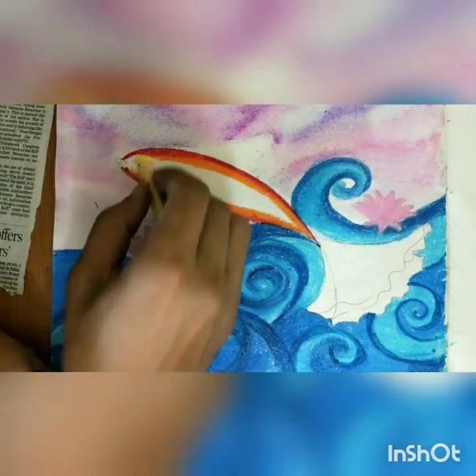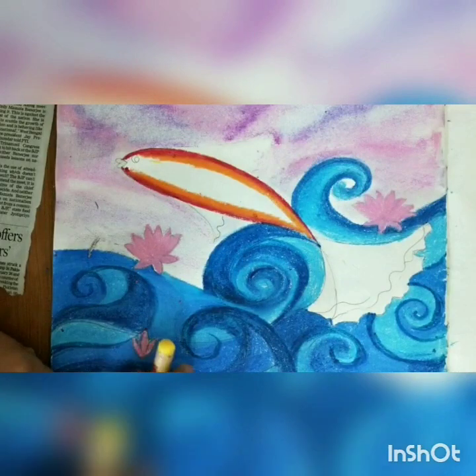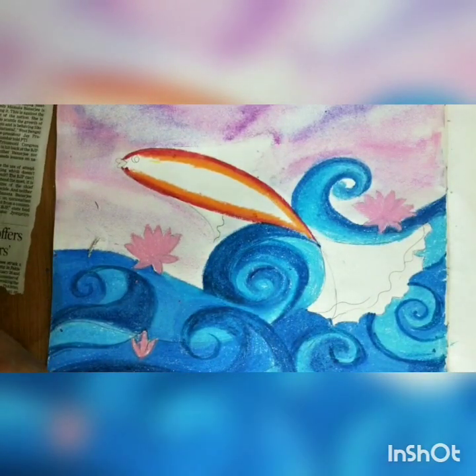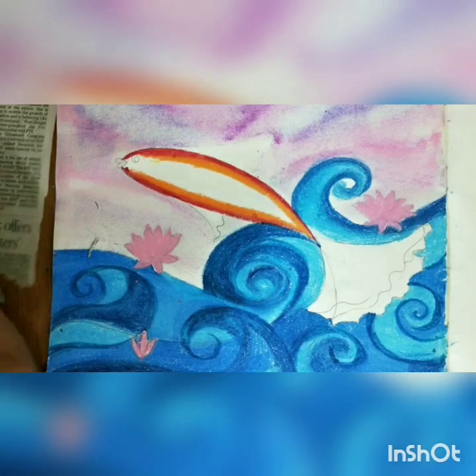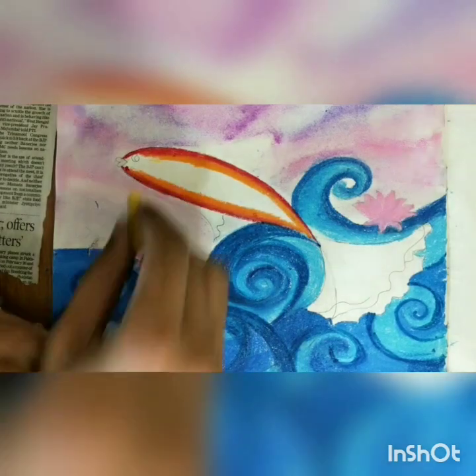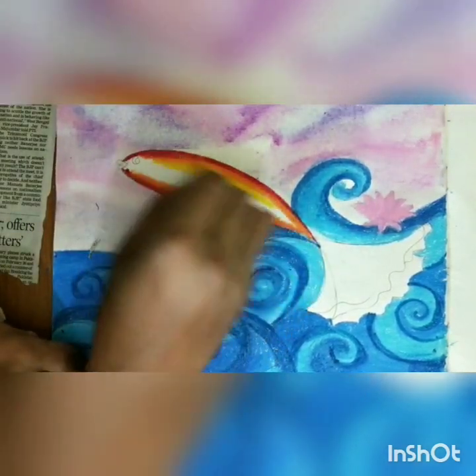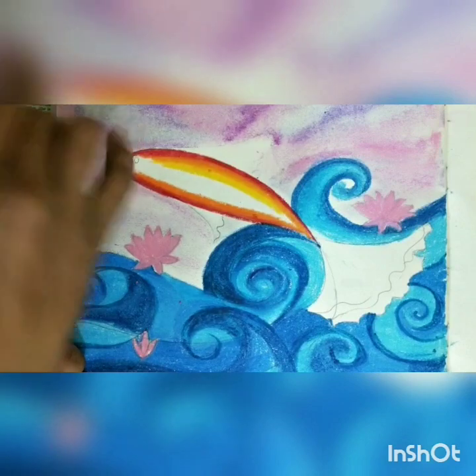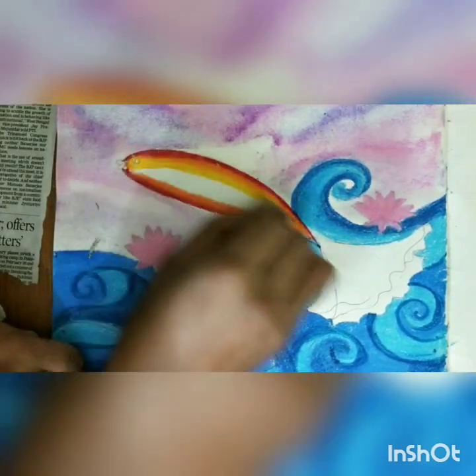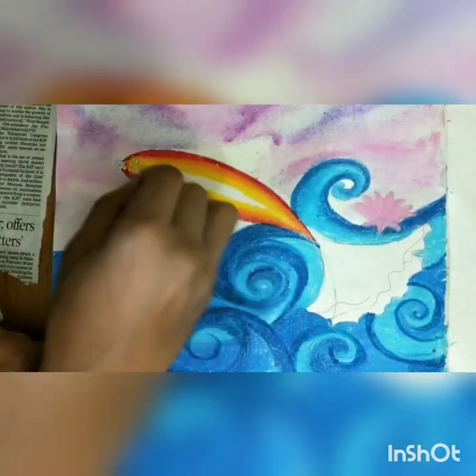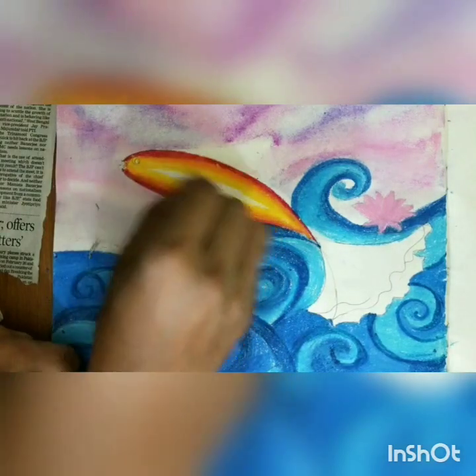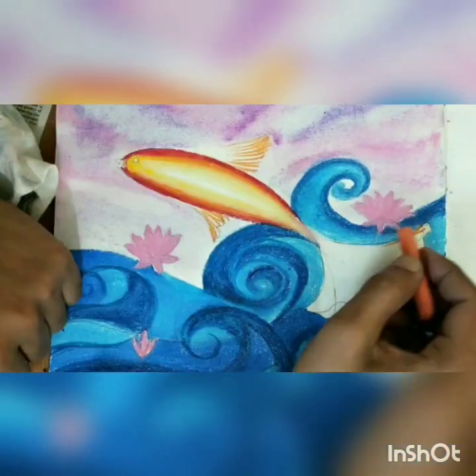And the last shade is, it's not last, sorry, yellow. See that mixing of colors. And the last shade is light yellow.